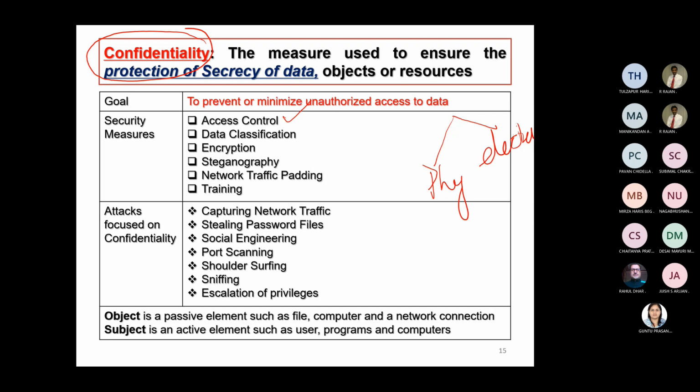From a logical perspective, you can introduce a multi-layered authentication mechanism where the first layer could be your password, the second layer could be your thumb impression, and the third layer could be your retina eye scanning. So when people have to get access into a very sensitive zone, multiple levels of access control can be introduced.